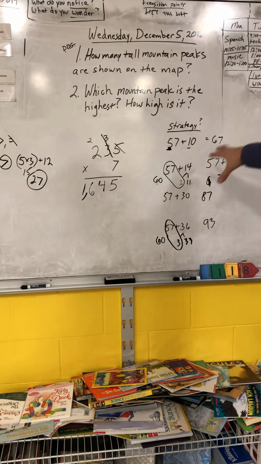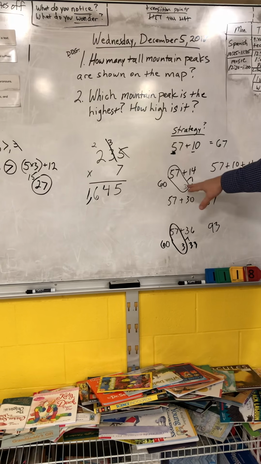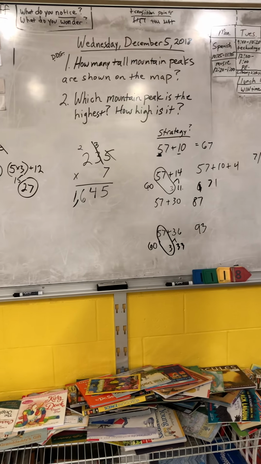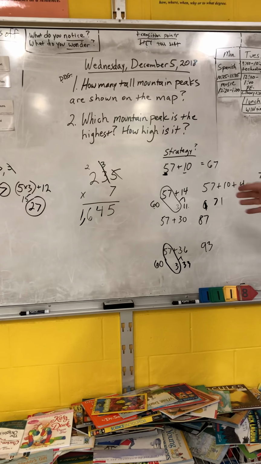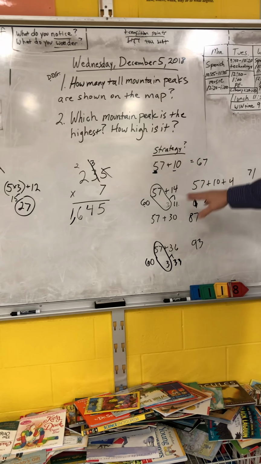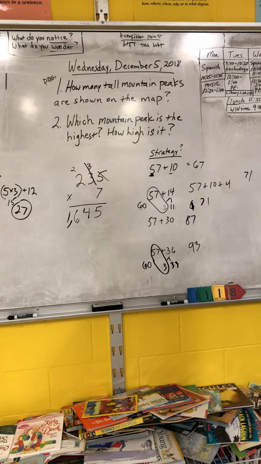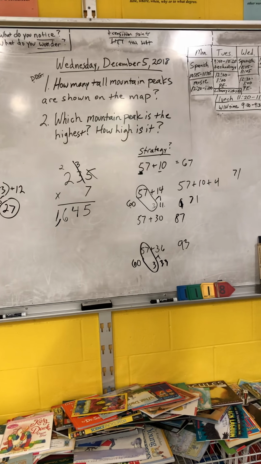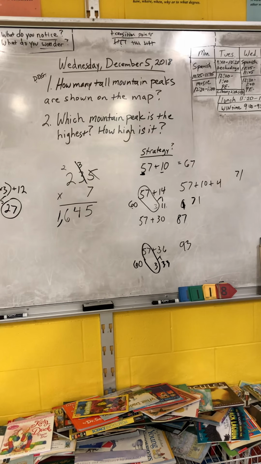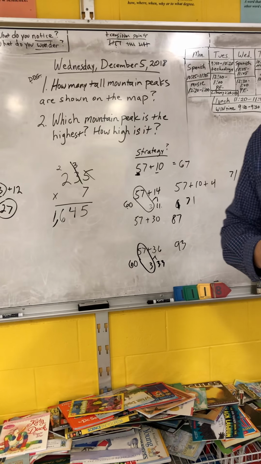Here we're talking about getting to a friendly number and then adding what's left over, decomposing the numbers down to smaller numbers. But they also have chunked numbers together, so that was a different strategy that somebody used. So they can always learn from each other, and learning from their peers is just as important sometimes as learning from the teacher. And the last thing we've been using sometimes is what I call the Berg Coffee Break,